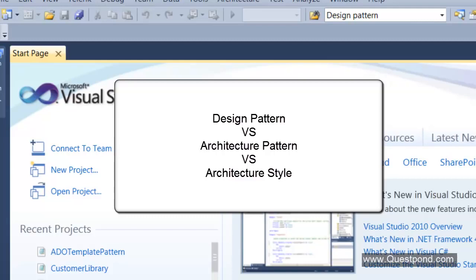Believe me guys, I have worked with so many developers across different geographical locations with different cultures. But when it comes to differentiating between these three things, people just use these words interchangeably. These three things must look very similar to you, but there is a huge difference between them.